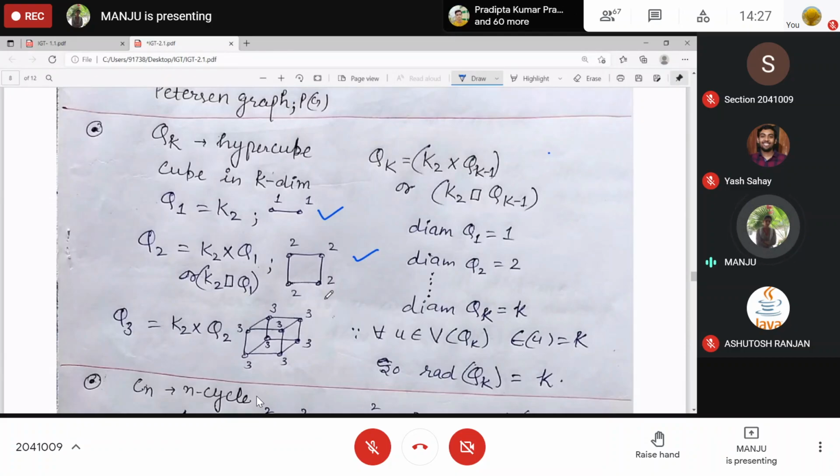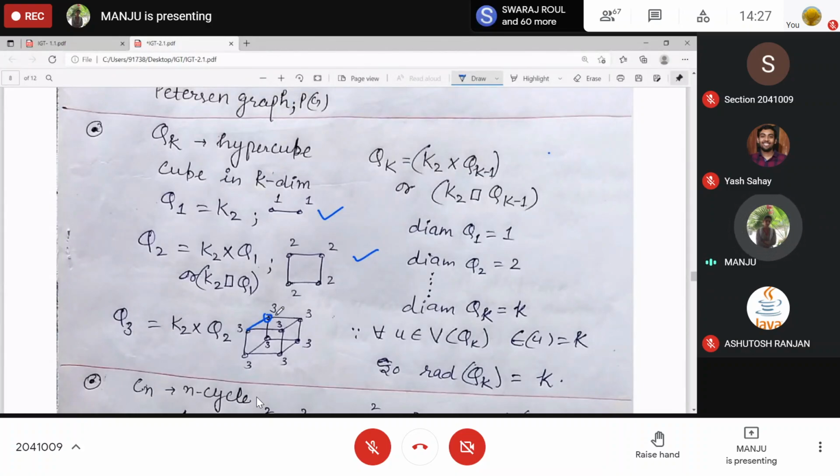Okay, then find the eccentricity. Eccentricity for this one from here. Distance, maximum distance from this point to every other point. Here 1, here 2. This to this 1. This to this 2. This to this 1. So the maximum distance is 2 and every other point is symmetric to this point. That's why radius and diameter will be the same, 2 and 2. Okay, so for 2 cube it is 2. For 1 cube it is 1. For 3 cube if you find it,